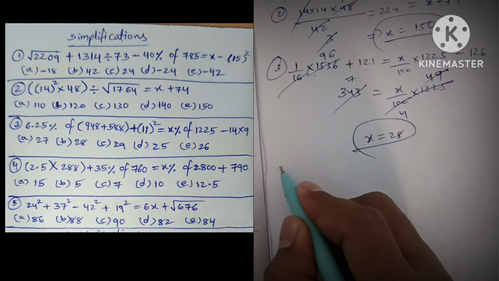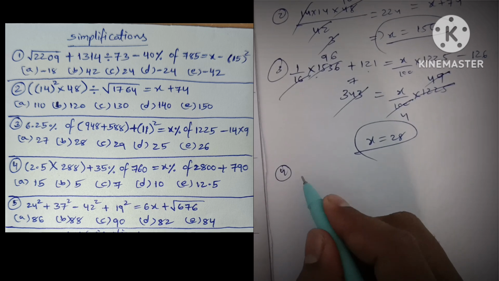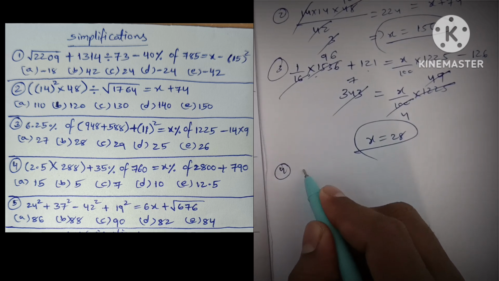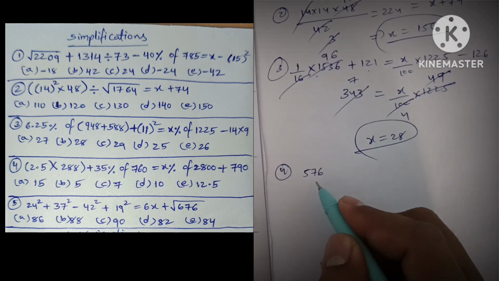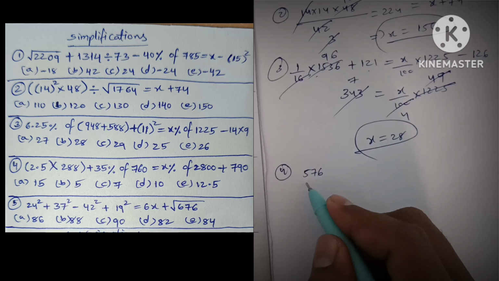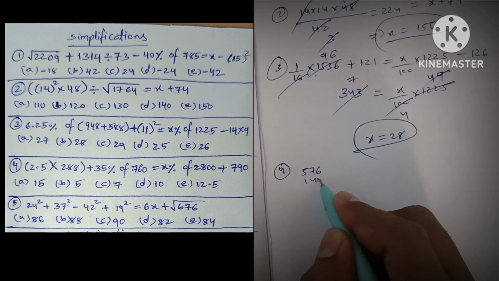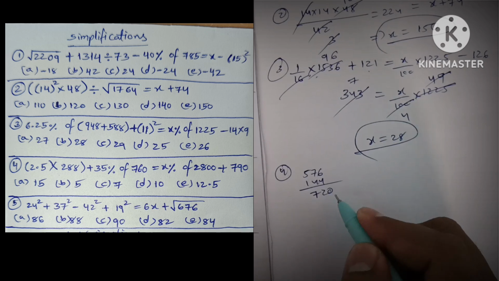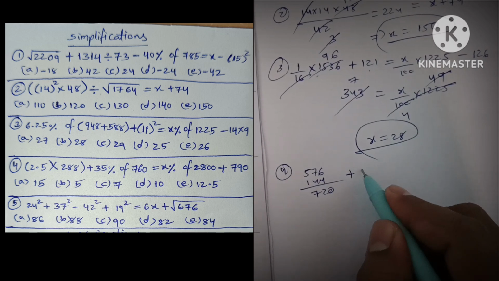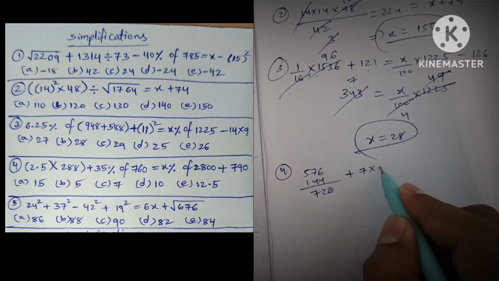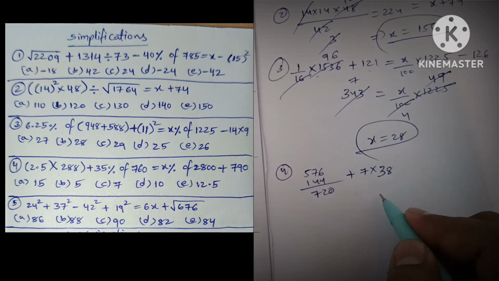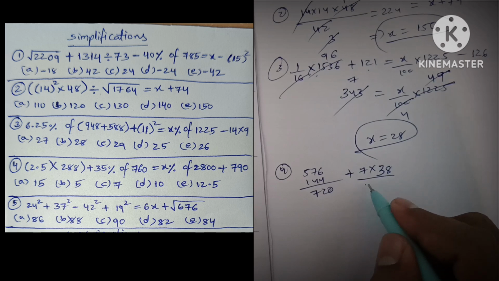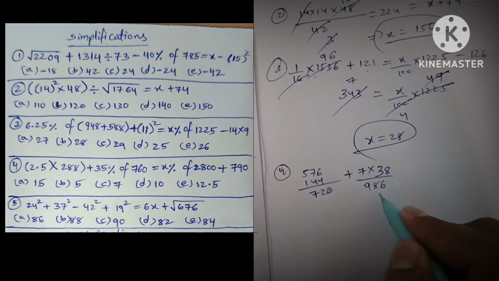Going for fourth question, 2.5 into 288. First we do 2 times of 288 which is 576 plus 0.5 into 288 which is 144. 576 plus 144 total 720 plus 35% of 76 which is 7 into 38, we'll get 7 986